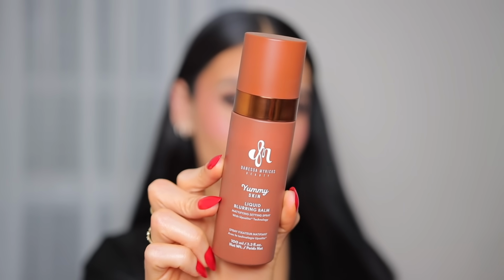You kind of just apply, stipple it in, and boom, you have airbrushed bronze skin. Also been really enjoying this Yummy Skin liquid blurring balm from Danessa Myricks. It is such a unique product. It's pretty much a powder but in a liquid form, so you could use this in place of your powder, but for me, I love to set my makeup with this because I love the way the makeup looks and